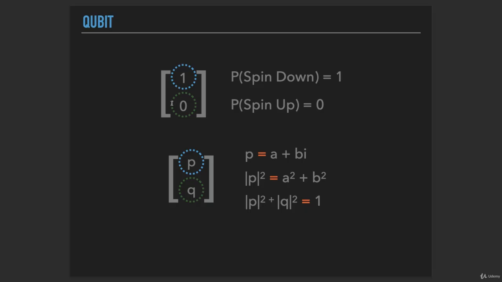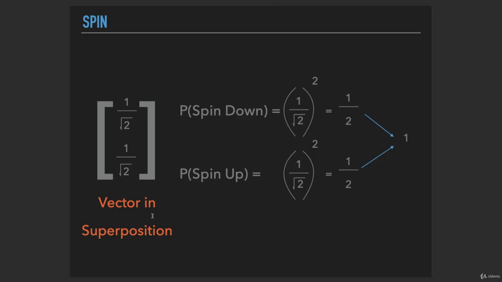So if we see 1 0 over here like we have seen before, then it means that 100% of the time it's gonna be spin down, or like the qubit 0 state or the classical bit 0 state. And if we see something like 0 1, then we know that it's going to be 100% of the time 1. And it doesn't even have to be 0 and 1 because we are talking about qubits, not regular bits. It can be in a position like this, 1 over square root of 2, and if you just square them and add them up together, it actually goes to 1,